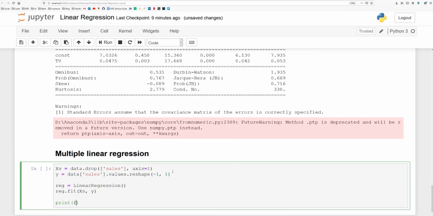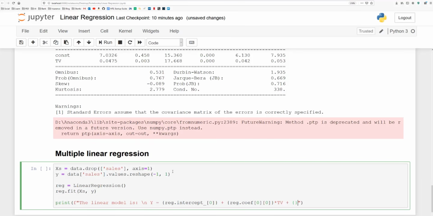Perfect. Now, as before, we're going to print our coefficients. So the linear model is, skip a line, and then y is going to be equal to. So let's start off by printing the constant, right? So reg.intercept_[0]. And then the coefficients will be in the same order as in the dataset. So the first one, if I remember well, is going to be for TV. So reg.coef_[0][0]. And then you multiply that by TV.